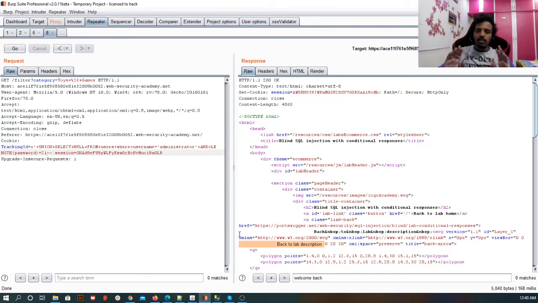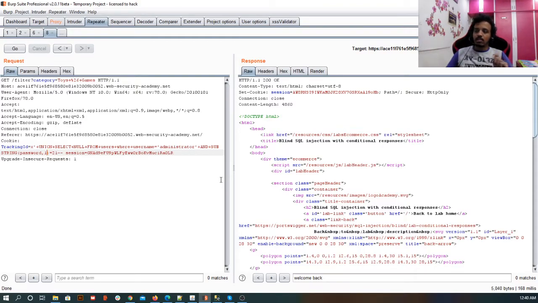Now I know the length, I know the username. I need to find the value at each place in the password. For that, again, we are taking just an example. You can use any number of methods. So here I'm going to write substring of password. Substring of password requires three parameters. First is the attribute itself. Second is the starting position.